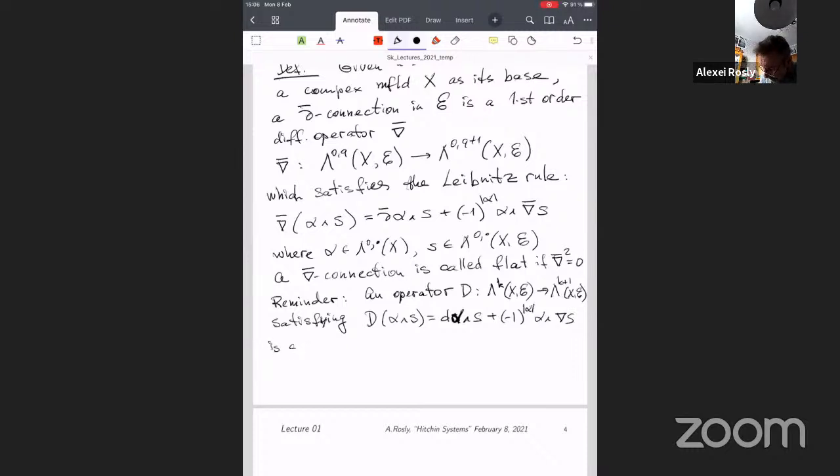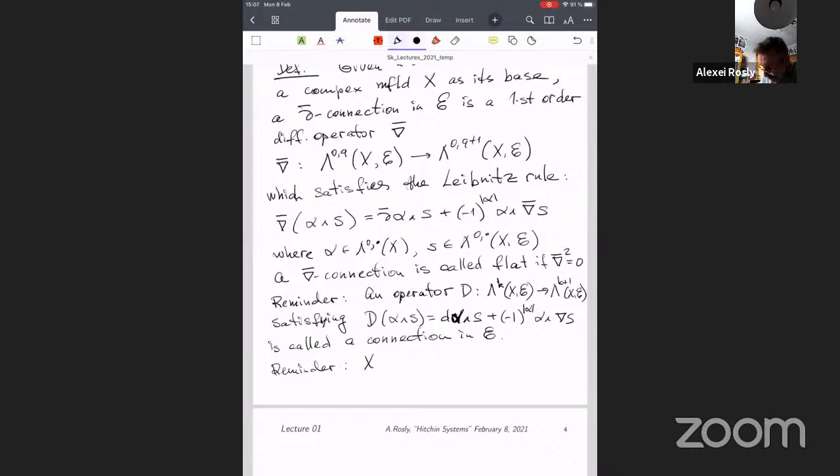This is called an ordinary connection. We don't need this probably, but just again, remind